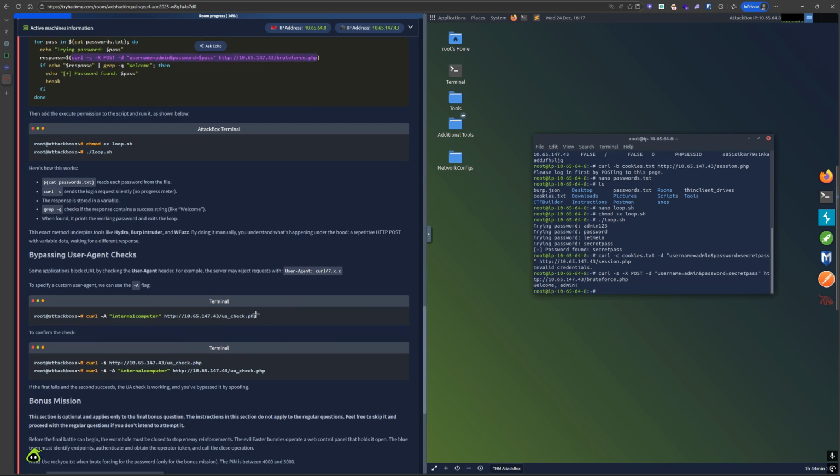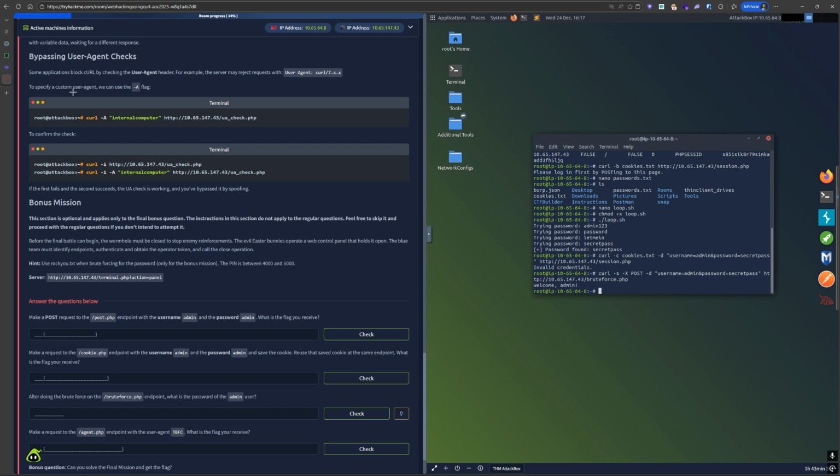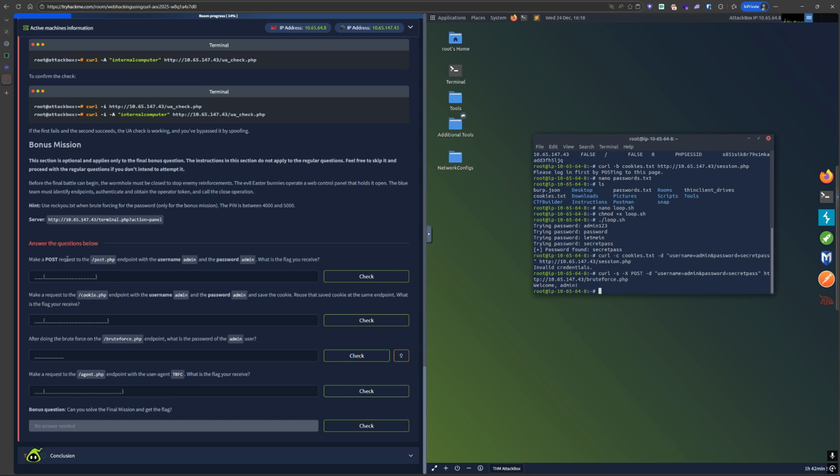So now it says bypassing user agent check. Some applications block curl by checking the user agent header. For example, the server may reject requests with curl, so to specify a specific user agent we can use the -A flag. We can skip that. So the first question says make a POST request to the post endpoint with the username